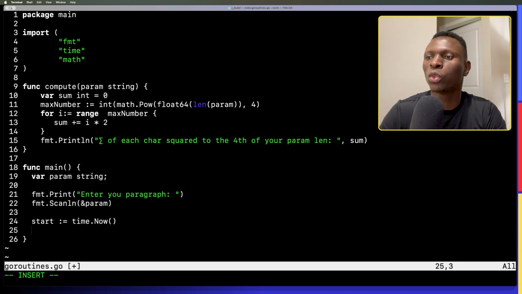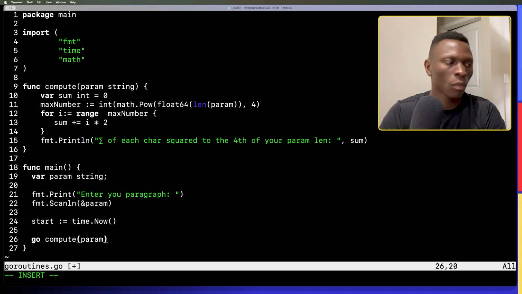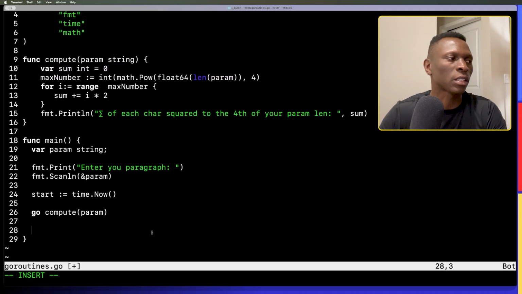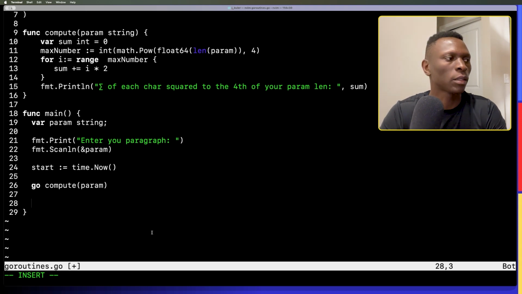And the next thing we need to do, we are going to run our task. So to run a Goroutine task in Go language, or Golang, you just run your function with the prefix go. So the prefix will be go space, and we're going to say compute, and then we pass the param. Okay, and then we're going to run another task as a closure, right? go func, let's say message, it's going to be of type string. This one is also a Goroutine,